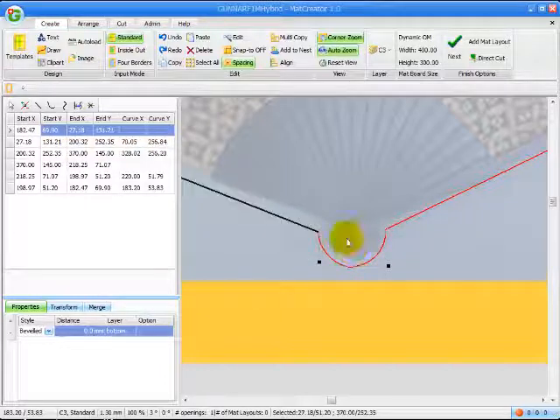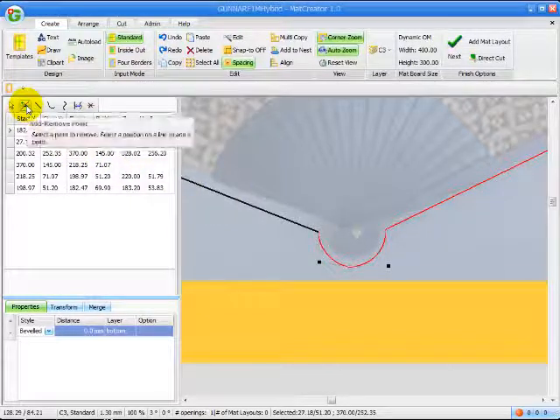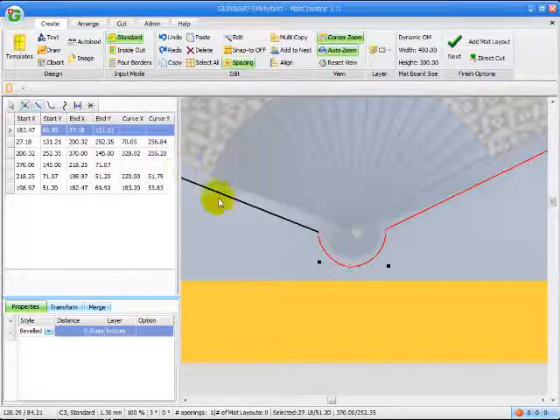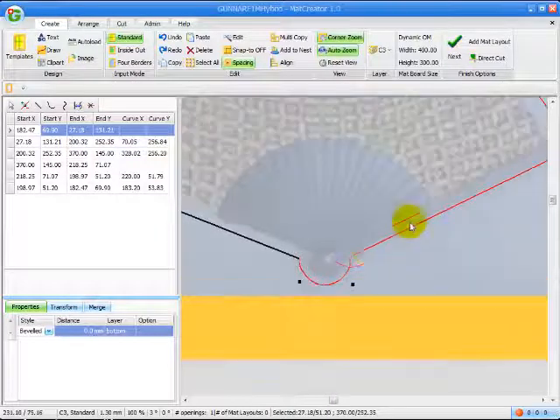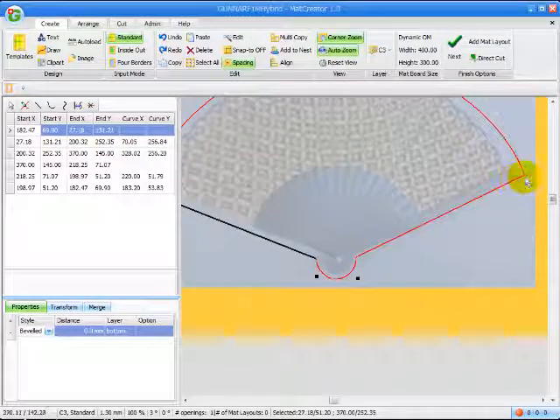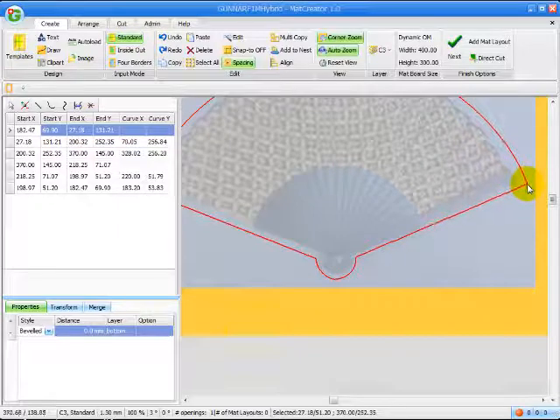If I want, I can add or subtract more points. This particular button here is add or remove a point. So if I click on this, it will change the mode that my mouse works, and I can click on a line anywhere to add a point, or I can click on a point to subtract or remove a point. But if I continue on here,